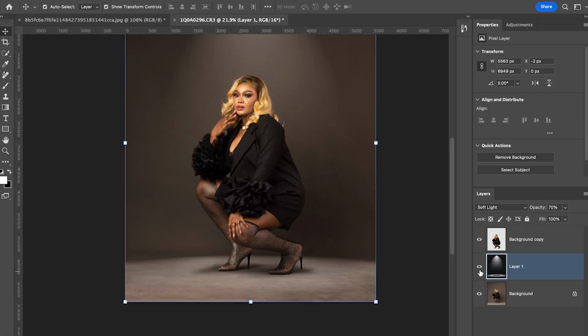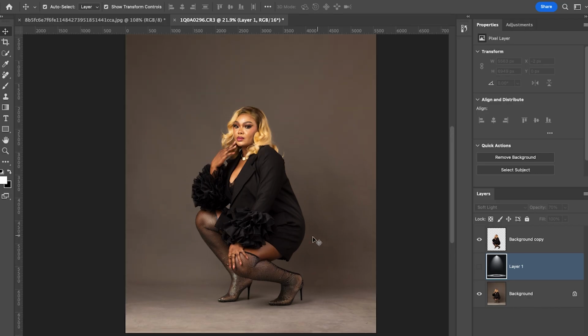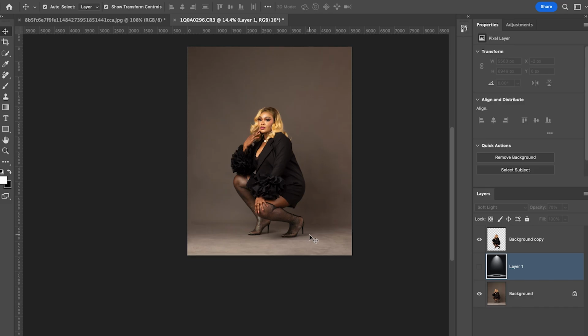Okay, let me show you something. Let me check this first. Now, if you look at the background, right? This image was shot on a gray paper backdrop. You understand? It was shot on a gray paper backdrop. But now you see that the lighting has changed the color